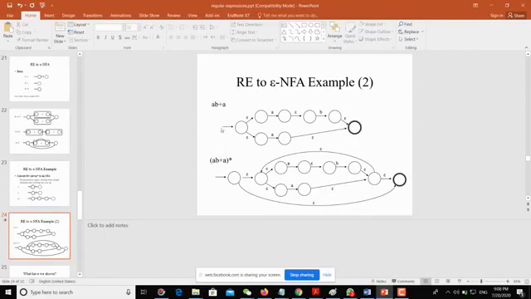AB plus A. Okay, so this is how we take a start, empty string, then we have A, here A, and then B, and we are joining these two states with empty string, and then at the end it is reaching the accepting state or the final state with empty string. And